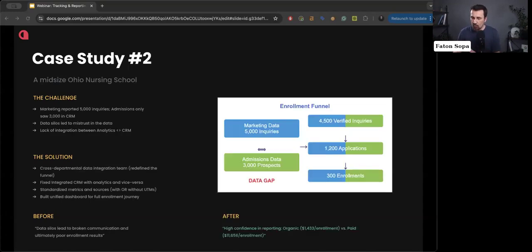And we were able to build a report with high confidence showing where the enrollment was coming from. So they could tell the number of leads and applications, even though they were different. Now we could build the enrollment funnel below the applications, and the reason for that is that we had the data. We set up the whole system to actually have that data in the CRM.